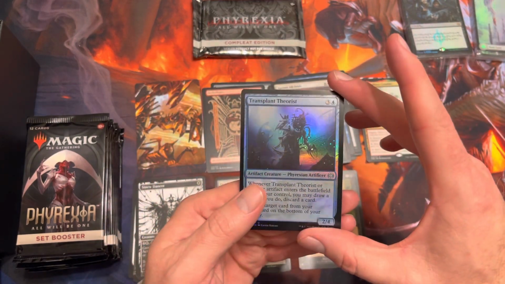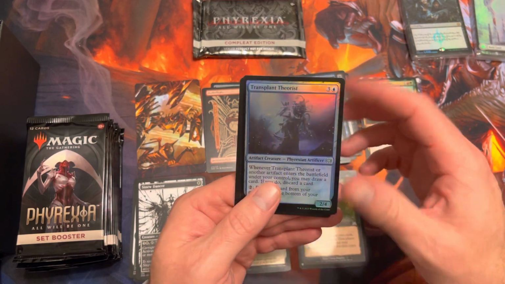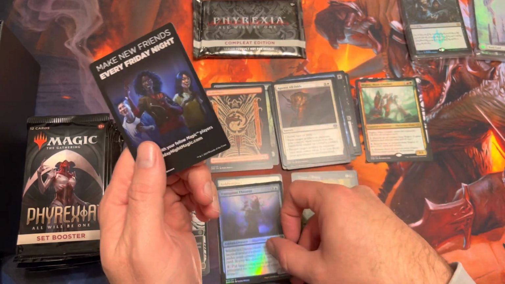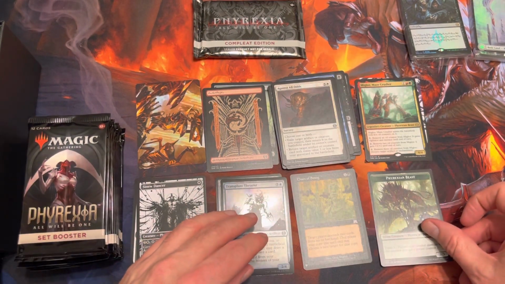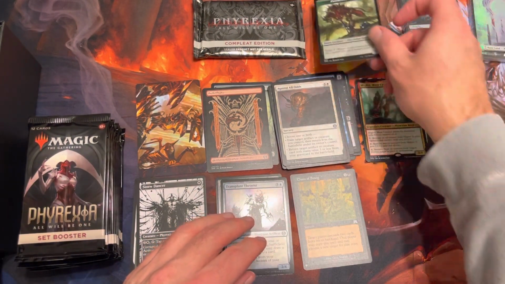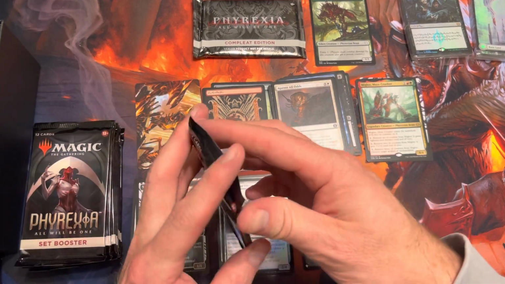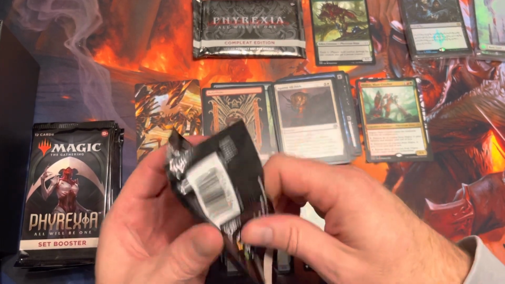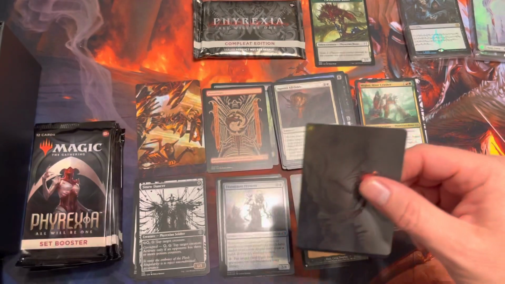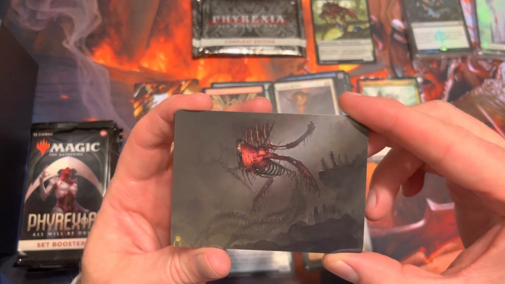And a foil Transplant Theorist. Very nice slick foil there. And a token card. I find sometimes that the foils seem to wash out the art of the card a little bit. Another beautiful art card there. I believe that is the